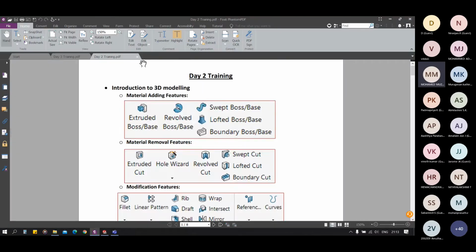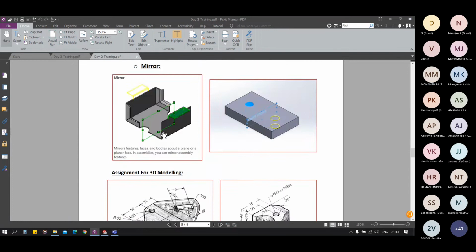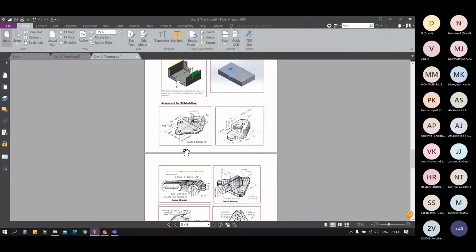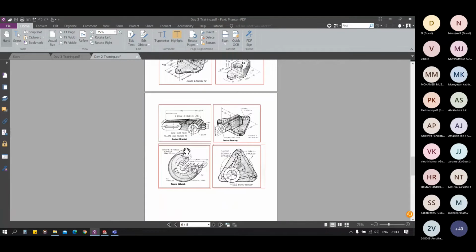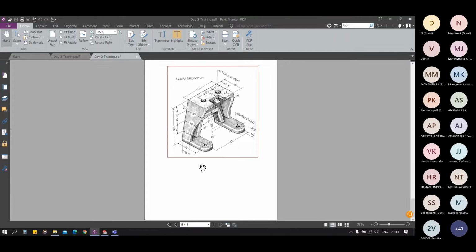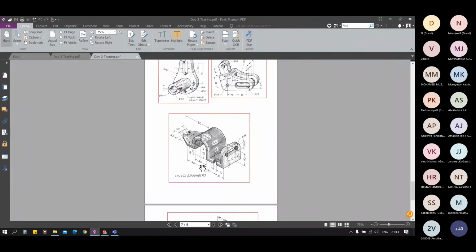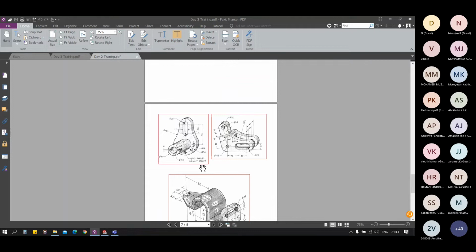Yes, sir. So basically, the loft and the boundary features and the sweep features are not used so many times. Basically, we just use the revolve, the cut and boss. These 2, 3 are the most used features.